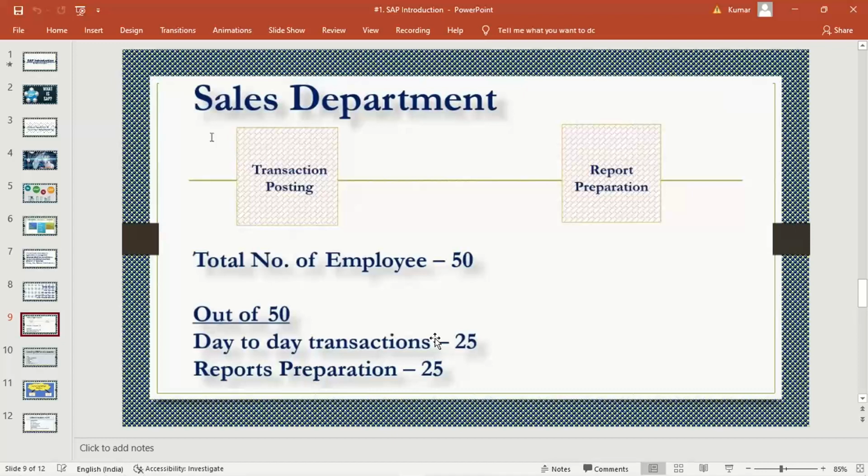There are various ERPs, and every ERP has different functionalities. But if you talk about SAP, compared to the other ERPs, SAP is the best one in terms of performance and multiple activities. Once we proceed further and I start the practical session, you will come to know its exclusive functionality.